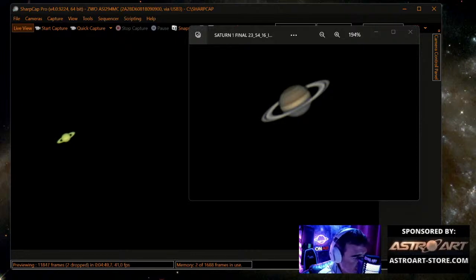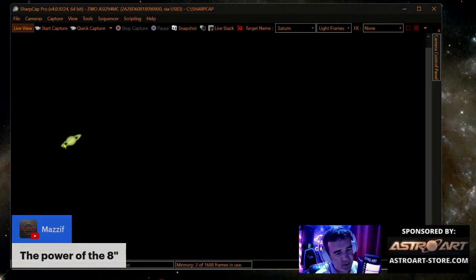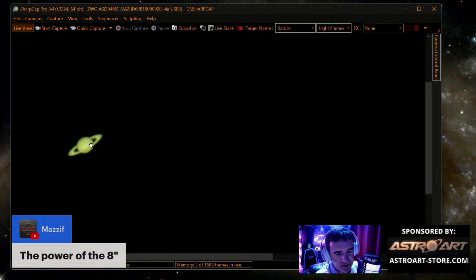Now I use Photoshop Express. The power of the 8-inch. I like to show the power of the 8-inch. Many people have the 8-inch and I feel they are insecure.